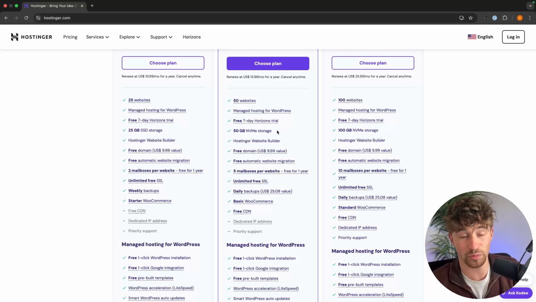You're never going to go through this, especially if you are just building one website. And with all of these, we get access to the Hostingo website builder. We get access to a free domain so that we can claim this. Usually this is going to be $10 per year. We also get free automatic website migration with each of these plans. So if your website is with another hosting provider and you want to move this over to Hostingo, we can